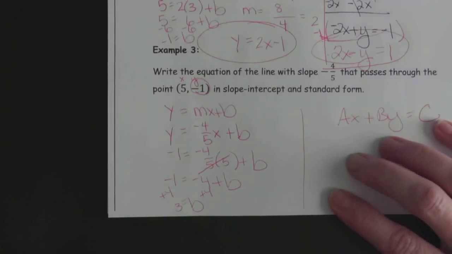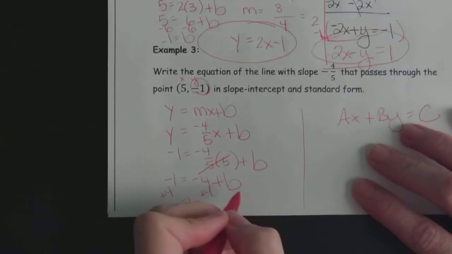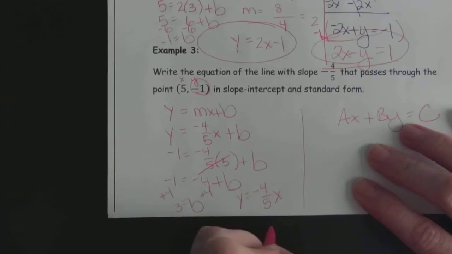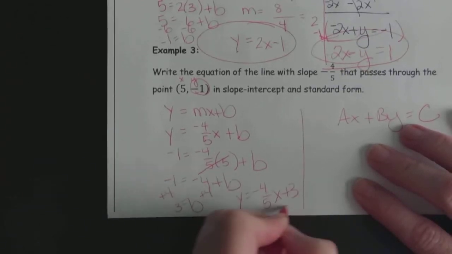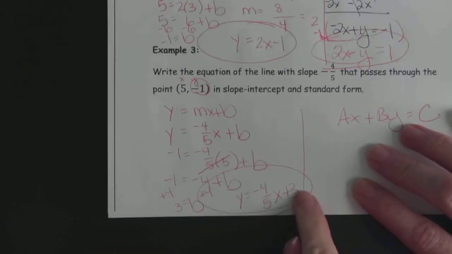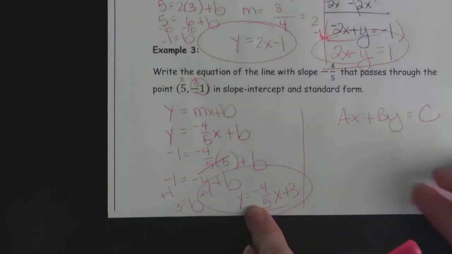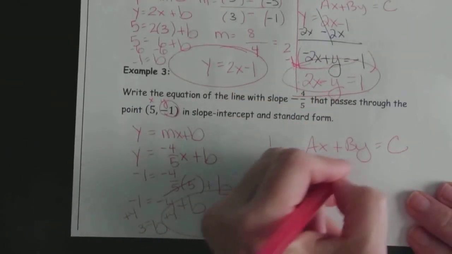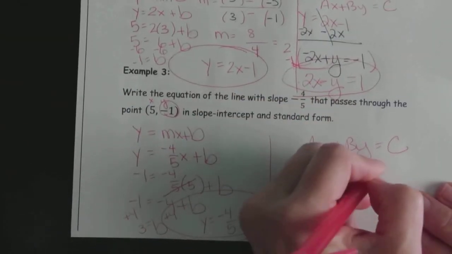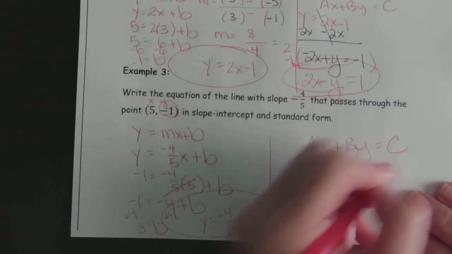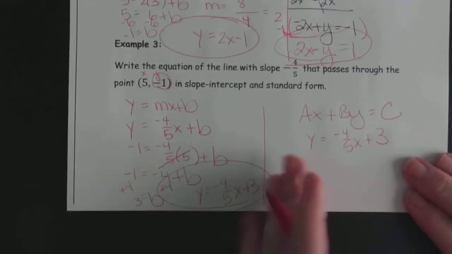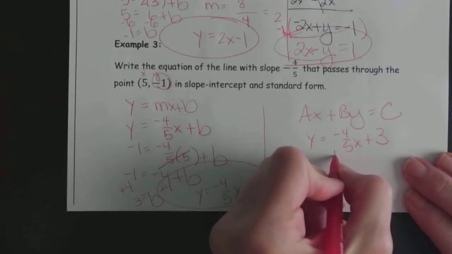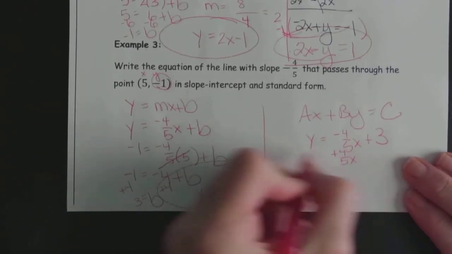Now what's awesome here, the 5's knock out. So -1 equals -4 plus b. And to solve for b, add that 4. So 3 equals b. Okay, so final answer for slope-intercept, y equals -4/5 x plus 3. So I have a y-intercept of 3 and a slope of -4/5. Now, click and drag that up here. Y equals